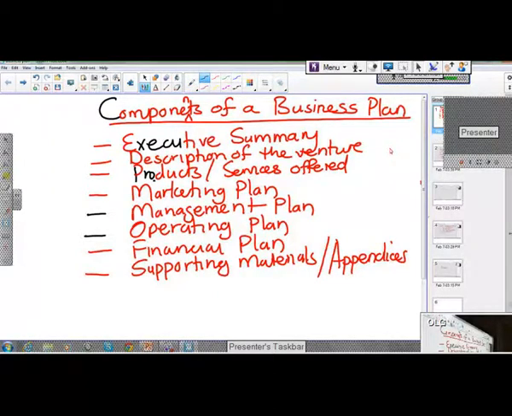You need to go back to your textbook again, read what components need to be included in an executive summary, read what components need to be included in a description of the venture, read again what you need to write in the products and services offered, and so on, up to the financial plan and the like. You might also be examined to demonstrate whether you understand what is happening.